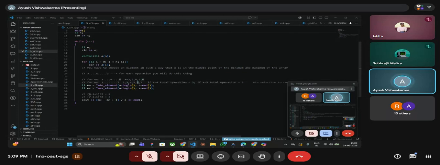And again, in one operation, 3 will come to the 4, and 6 will come to the 5. But whatever was your minimal element, that 2, is completed to 4, but your maximum element is 7. Now it is only 5. So you will again run your one operation, so that will decrease it by 1, so it will again come to the 4. So in this way, your total operation will be equal to 3.